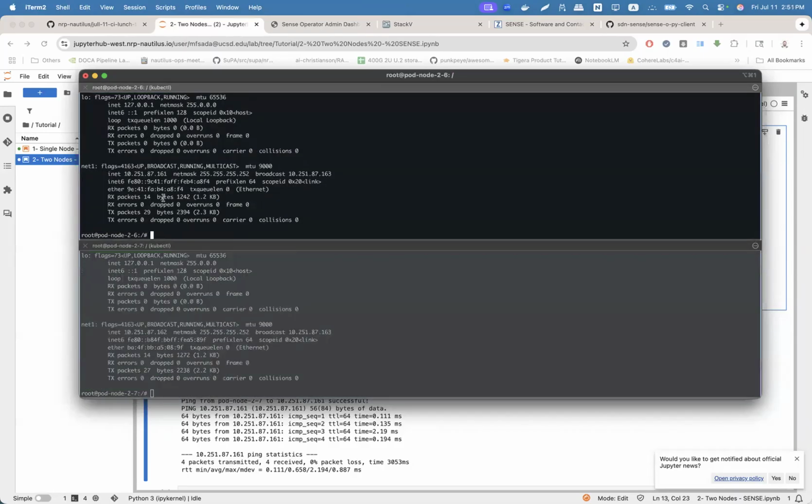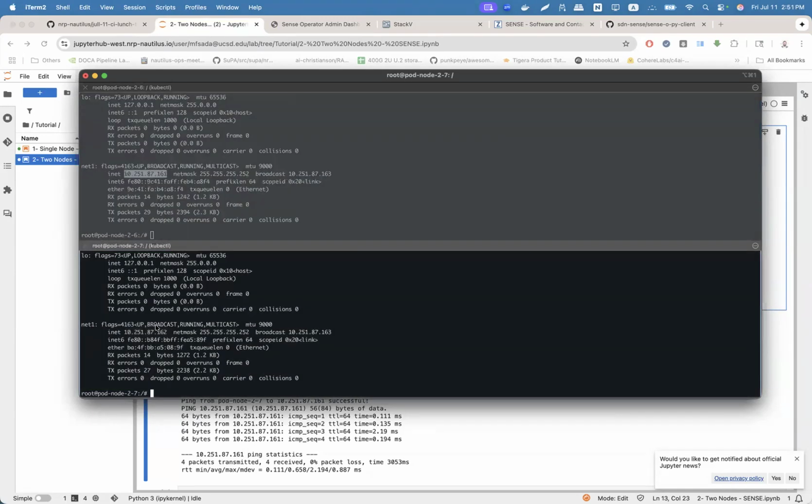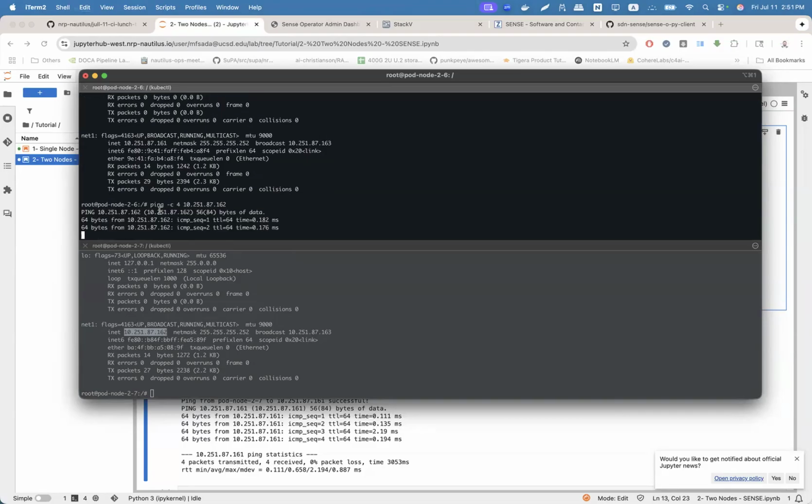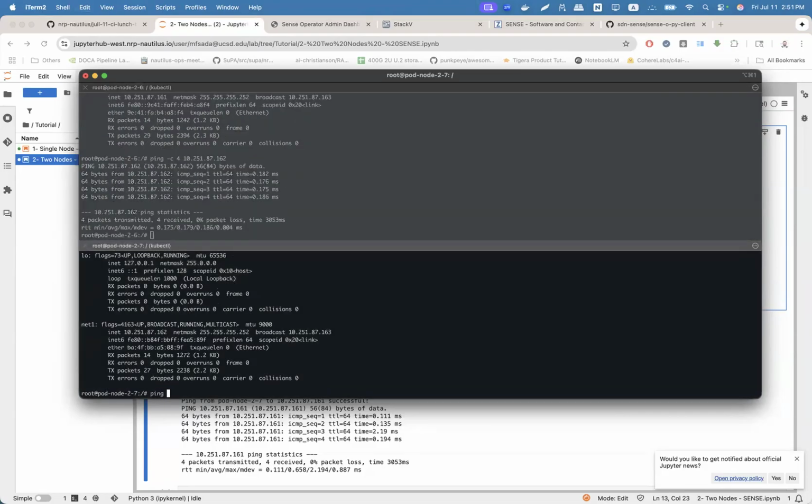So you can see here, this is node-2-6, it has 161. This is node-2-7, of course, not the node itself, but the pod on the node, as 162. And I can ping one from the other. And that's exactly what we did in the script. I'm just showing it to you from the pod's shell.